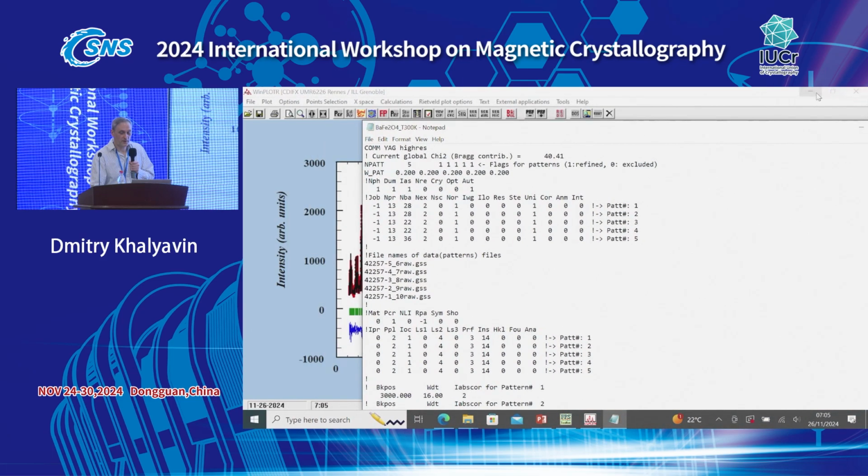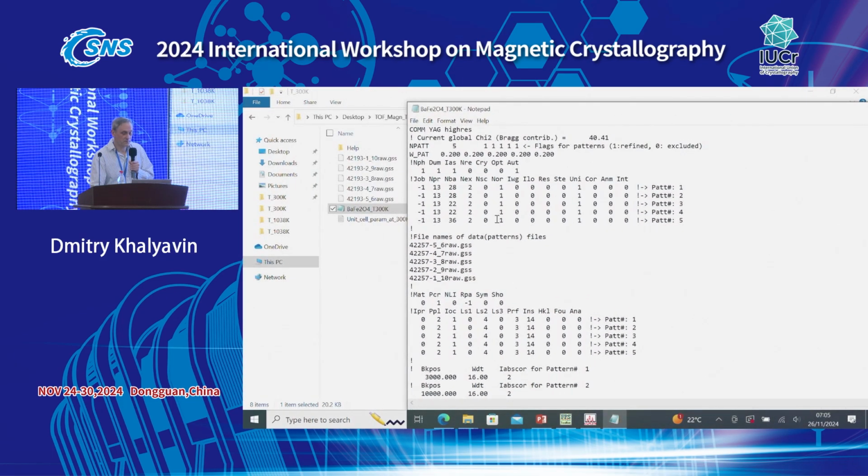So let's put in the right file names, because now it's our low temperature data. It's something else. It's 42193. 193. Let's copy it and send. So actually, you can see that our paramagnetic data were collected at 1000 Kelvin, while the magnetic data is room